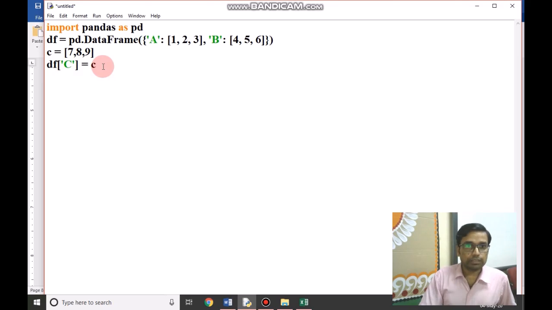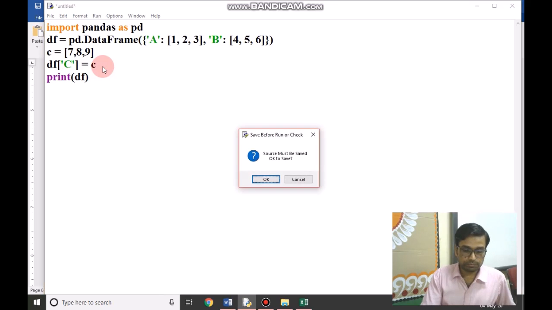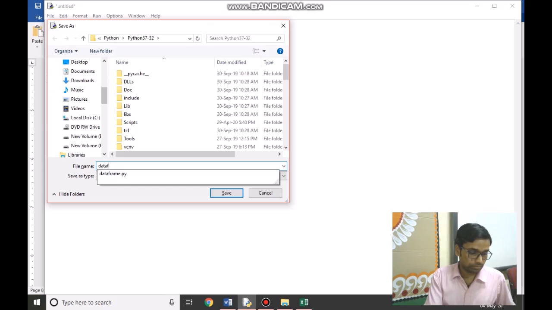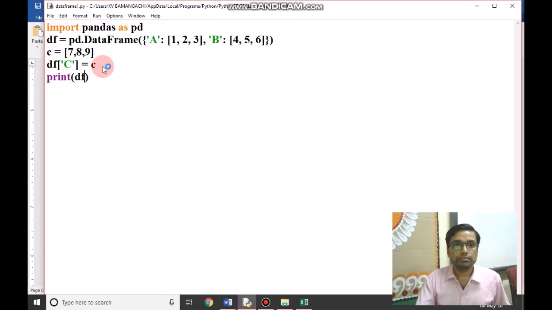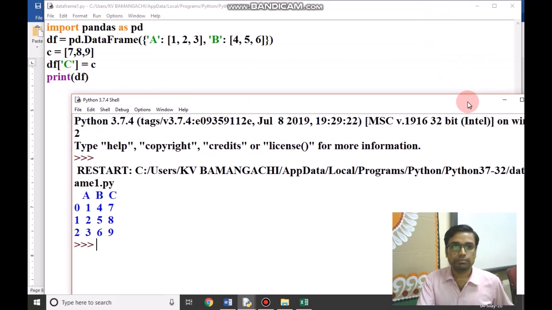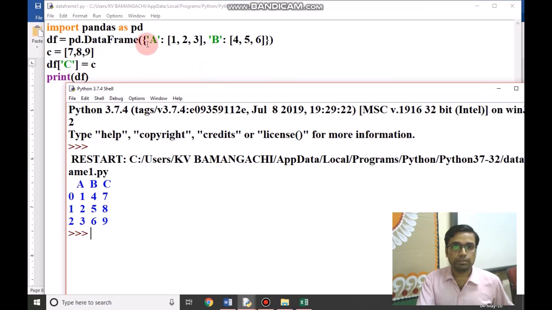If we print the data frame, you can see here A and B already existing when the data frame is created.